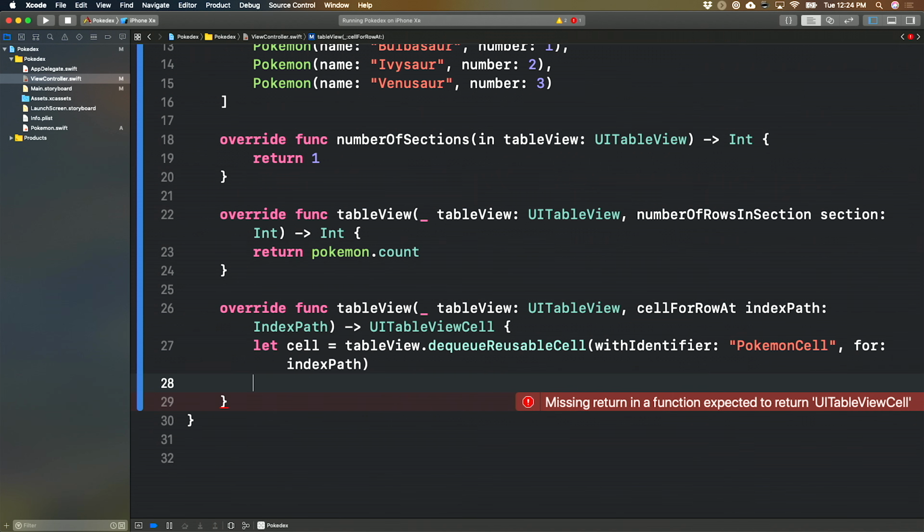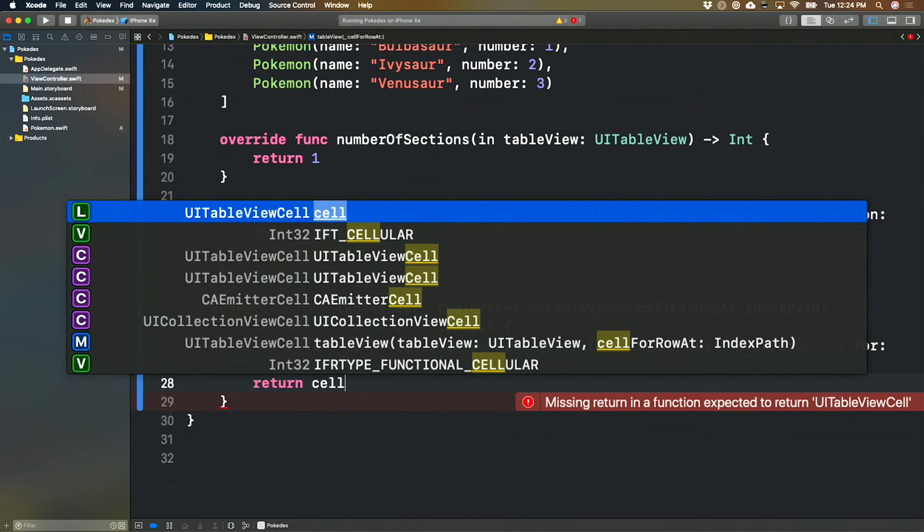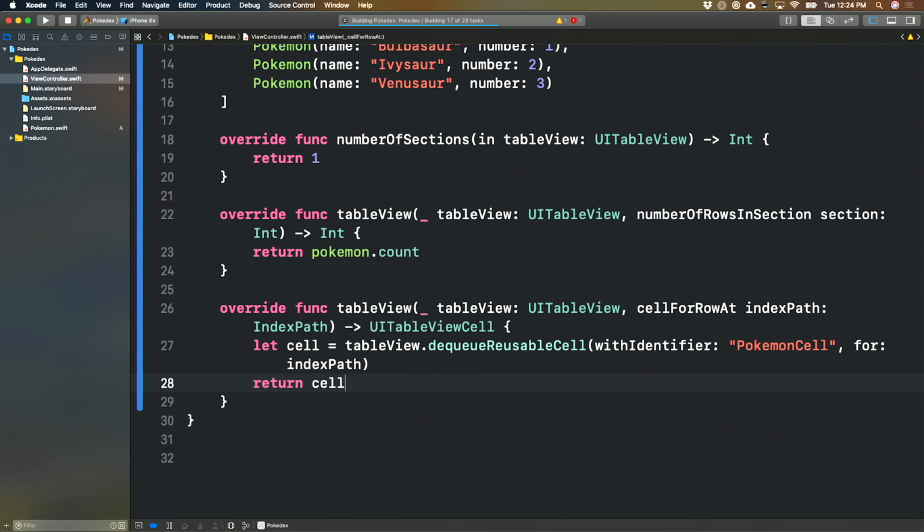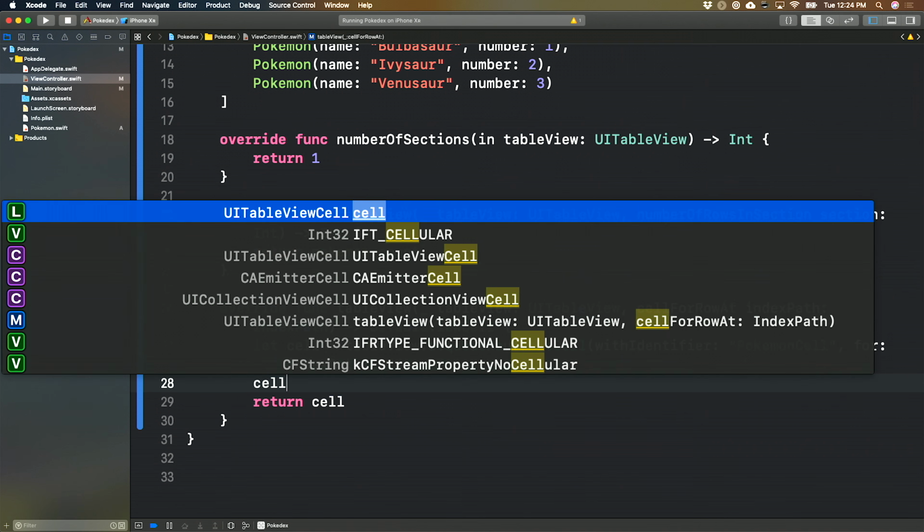So now that I have the cell, ultimately I want to return it. And that's going to make this little compiler warning go away when I click Command B. And sure enough, it's gone. But just grabbing a cell and then returning it without doing anything isn't all that useful. So what I want to do is change the text of the cell to be the name of the Pokemon for that row. So I'm going to say